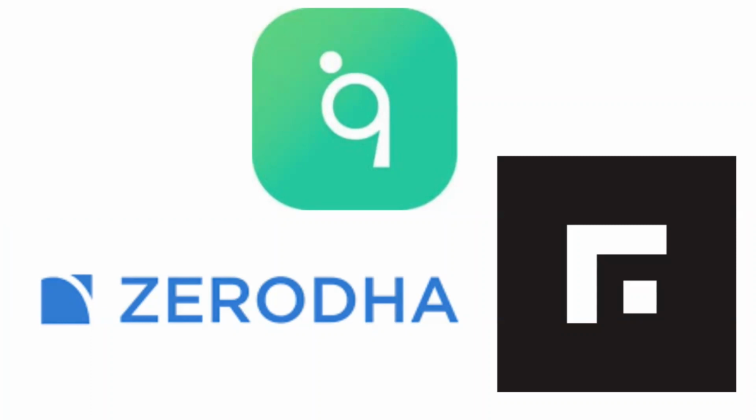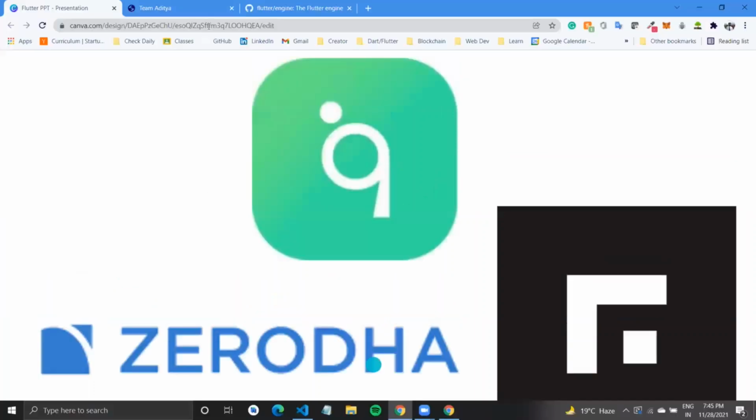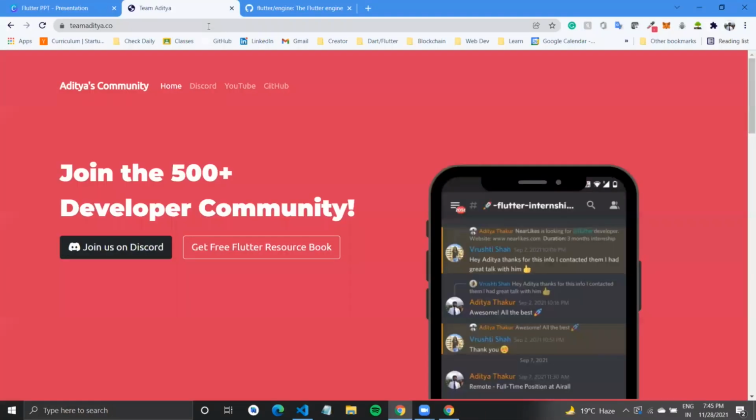Now there are a lot of companies out there that use Flutter. There is Zerodha, which is a stockbroker application, and it's really big. They handle millions of transactions on a daily basis, which is really cool.